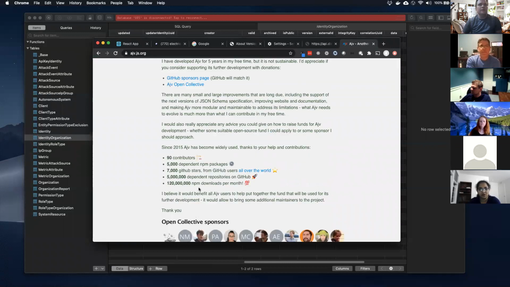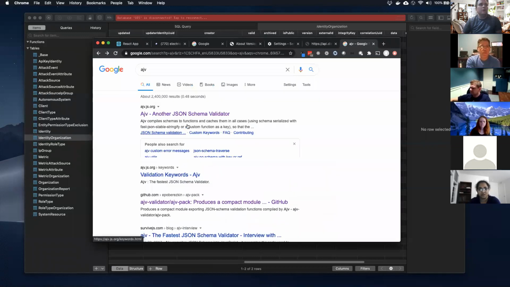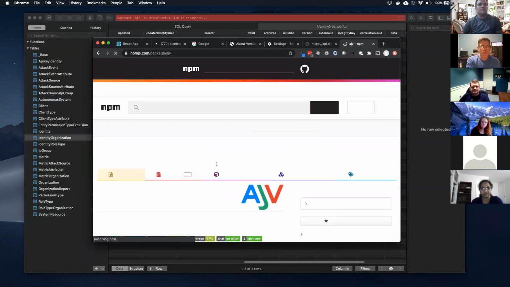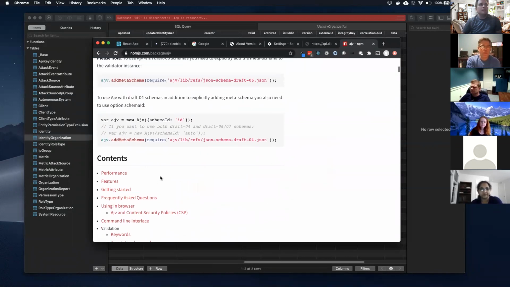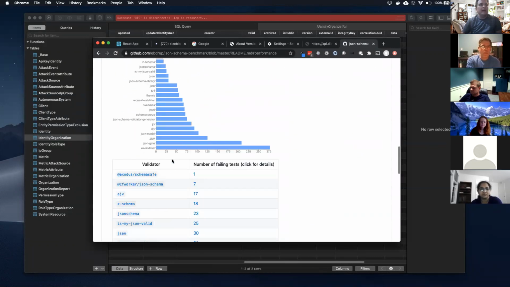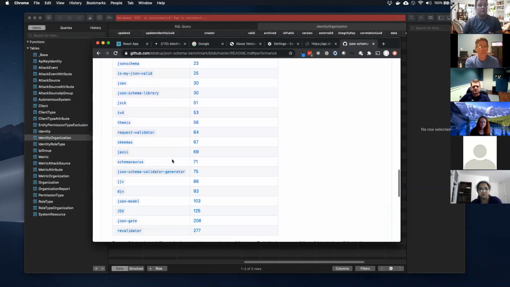So on NPM, we're going to search for AJV. What it's going to get us is a really nice way to validate a JSON schema. We only have to write a JSON schema, and then it does all the other work for us.